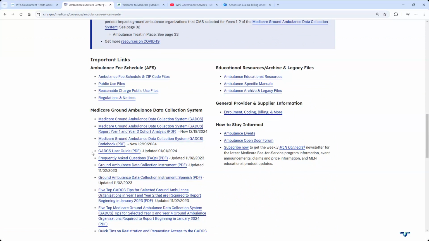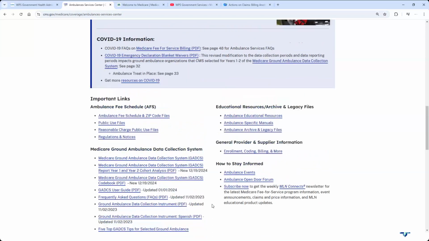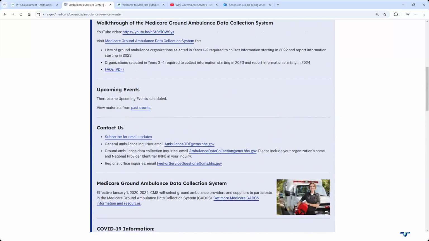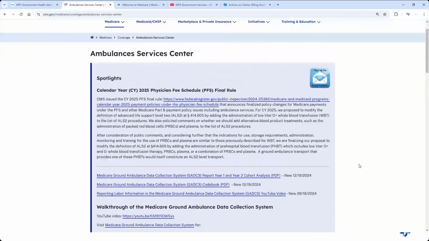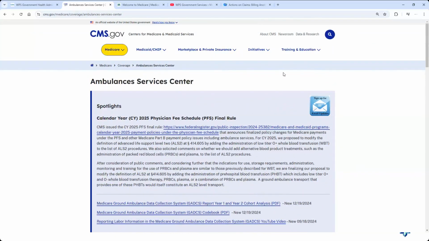So that's why I chose this one, because it's kind of in a weird location. You can see all the collection instruments and all these different things going on, but it's not necessarily in a set section. And that's where some people get confused. I think they're saying, hey, what's this research, or what's this resource, or what's this? And unfortunately, it just doesn't happen that way with some of the demonstration projects. Again, they can be in the Medicare area, they can be under initiatives. It's just not going to be super clear to you. So I apologize for the person that asked that question. I don't have a better answer for you. Sometimes it's best to Google them and see if you can find them on Google. Again, any search engine will work for that. So just a lot that goes on with that.